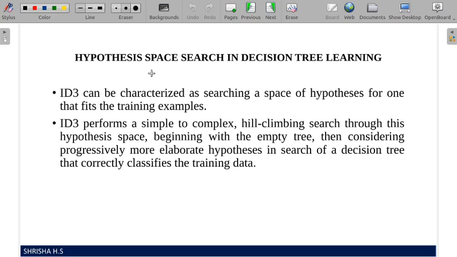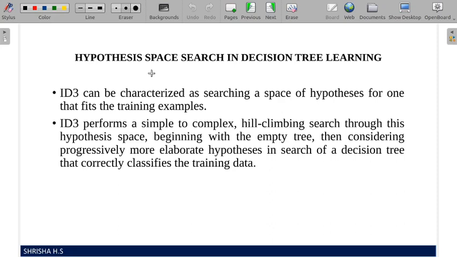Okay, so we have seen in the candidate elimination algorithm there can be more than one hypothesis which is consistent with the data set. It may be a good hypothesis, an optimum hypothesis, an efficient hypothesis, or it may be a bad hypothesis. Bad means consistent but inefficient, not so good. So there can be many hypotheses possible, and the collection of all possible hypotheses which are consistent with the data set, we will be calling a hypothesis space.